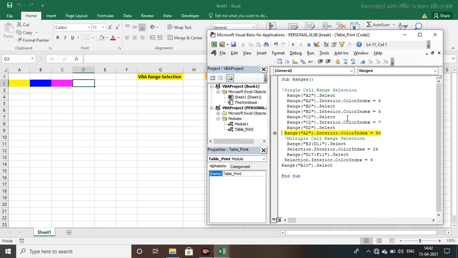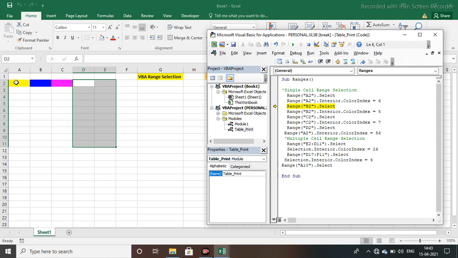After that, if you want to change the color, we have used the color index over here. If you want to use any color indexing, it is from 1 to 56, right? Till 56 we can use any color. So if here it is 56, then the color will be according to the indexing, right? As you can see, earlier it was 6, now it is 56. If we execute this line again, the color will get changed, right?